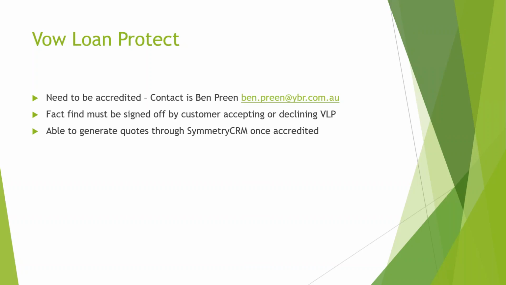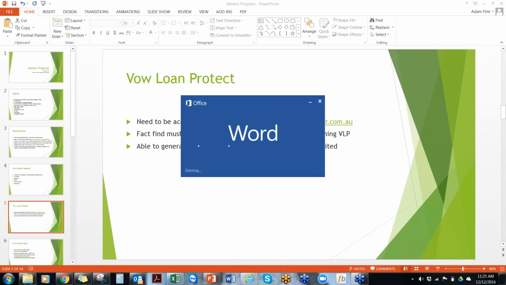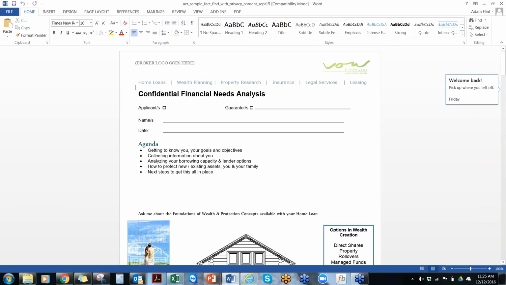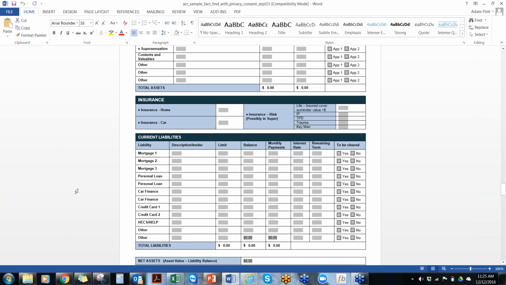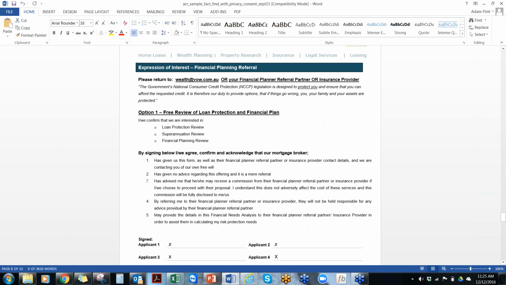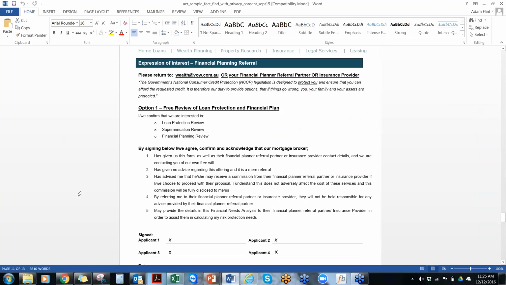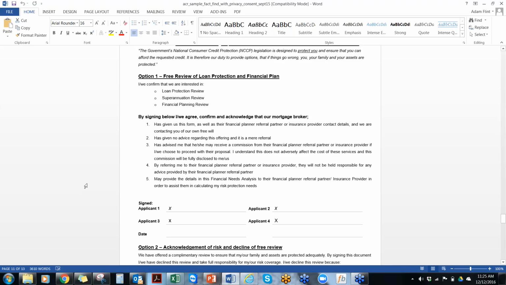So what you need to do is, as you're going through the fact find, it must be signed off by the customer either accepting or declining VAL Loan Protect. So on the fact find, on page 11, this is where you are able to ask your client about loan protection, what loan protection they have